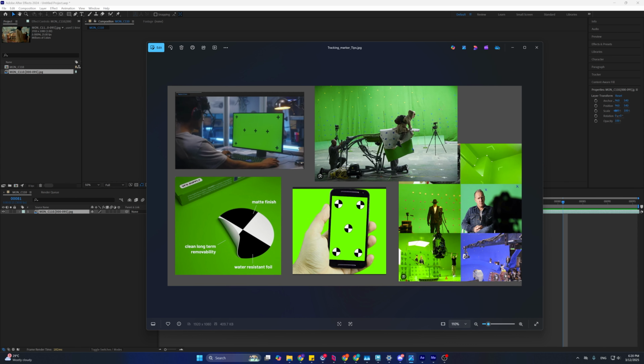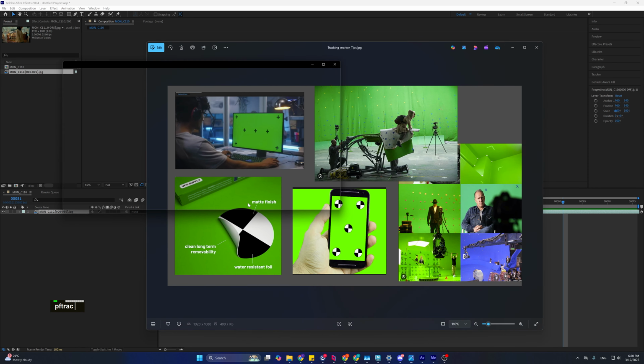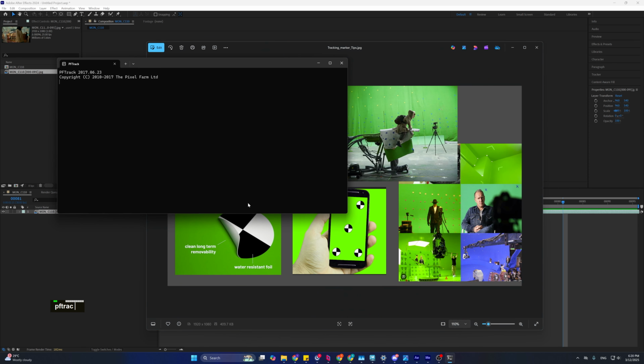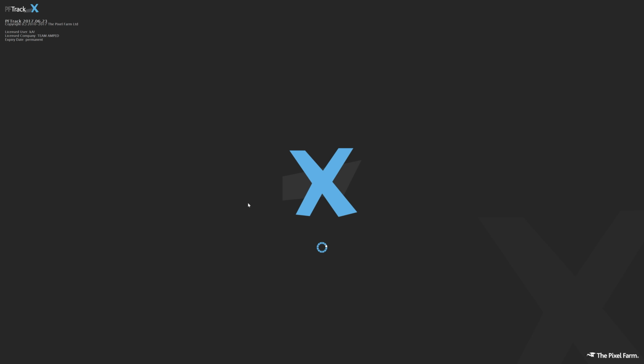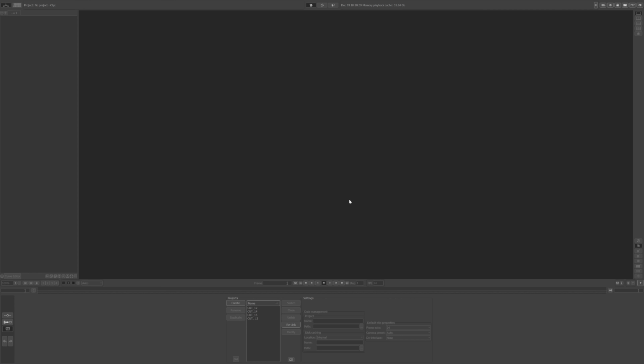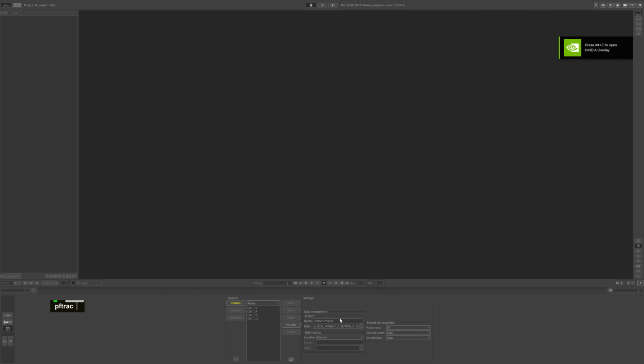So now I'm going to show you the tracking software. I'm going to demo PFTrack. So this is not the latest PFTrack, but I think it's good enough to use. So the interface, once you open, you'll see that it's blank. You can create a project, and this is the title of the project. So I'll give it a name,